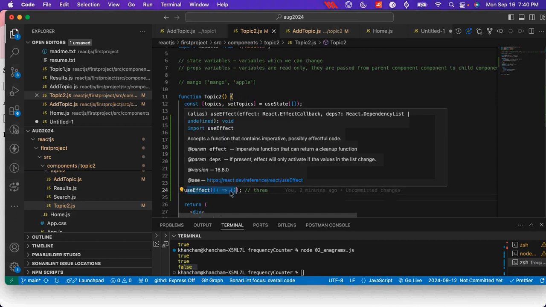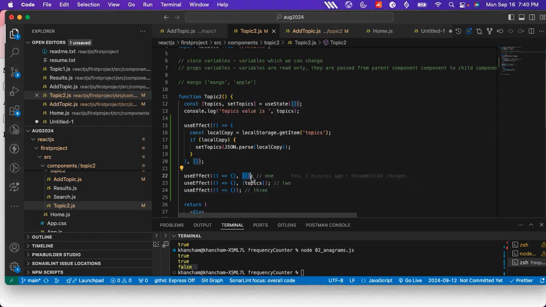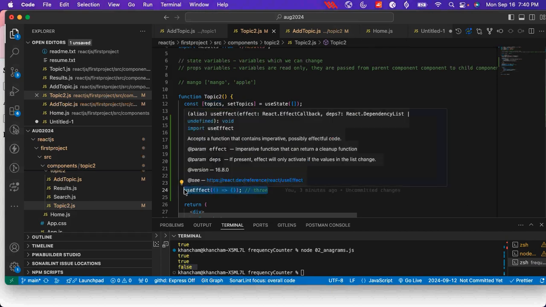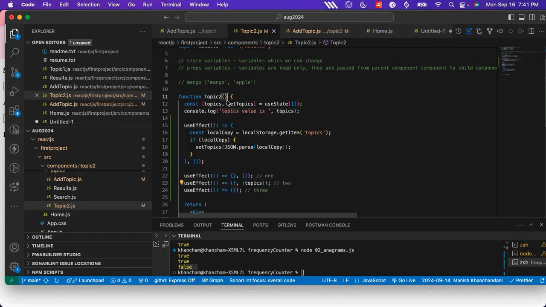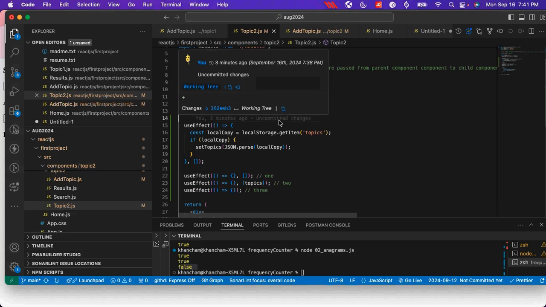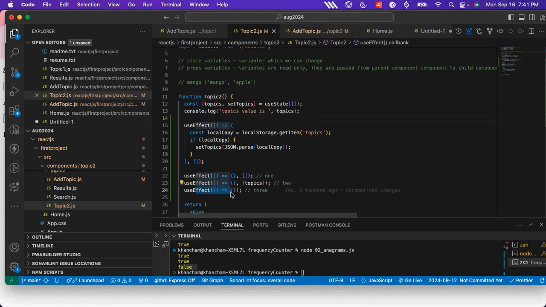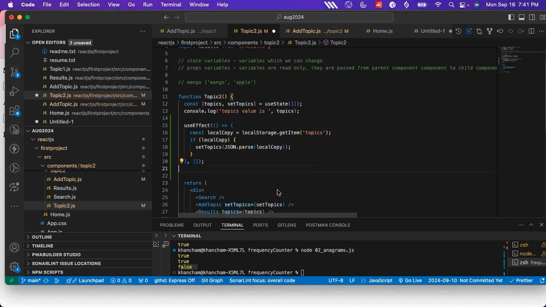So this one is not to be used anytime in any case. You should either use the first case or second case because we don't want to load this again and again multiple times. Let's say there is topic 1, topic 2, multiple variables are there, and whenever topic 1 is changed, then also the third will be called. Whenever topic 2 is changed, then also the third will be called. So this will increase the load on your component. So you should not use it. Okay, so let's remove these three, and we are done with the